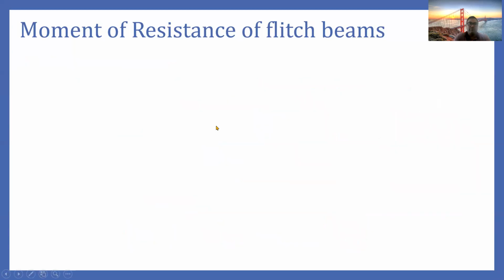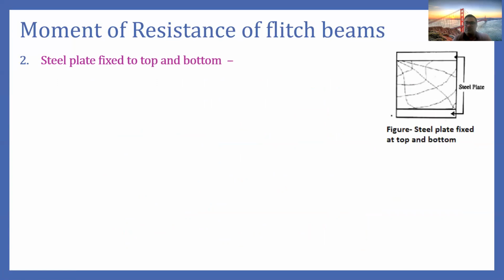Similarly, we can have the second type of flitch beam in which steel plates are added on top and bottom. Well, in this case, we can use the same phenomena as we have used in the first case, but here we generally have another phenomena: can we transform this timber into a steel section? Transforming into steel. What does it mean?